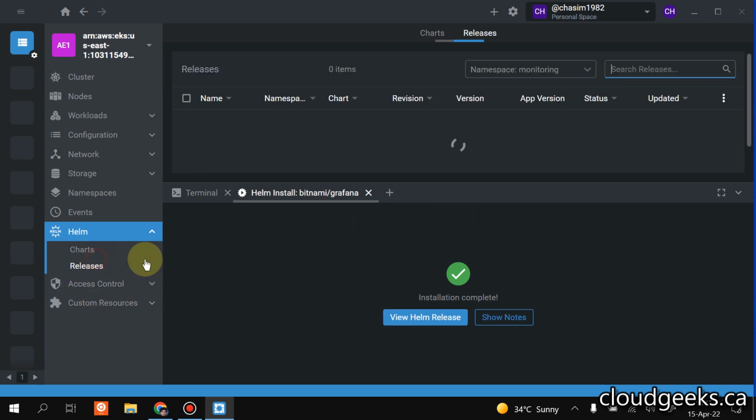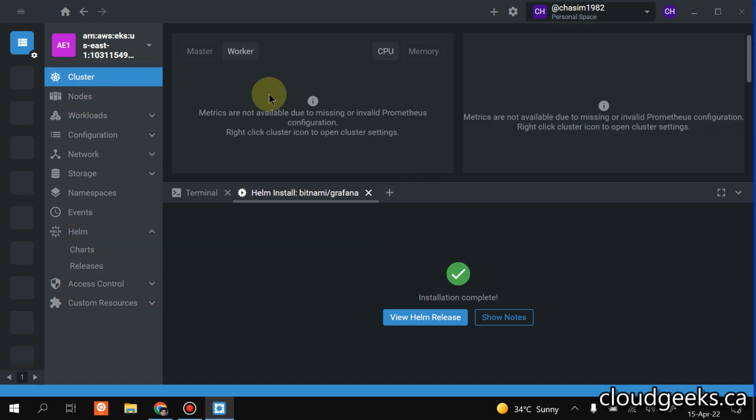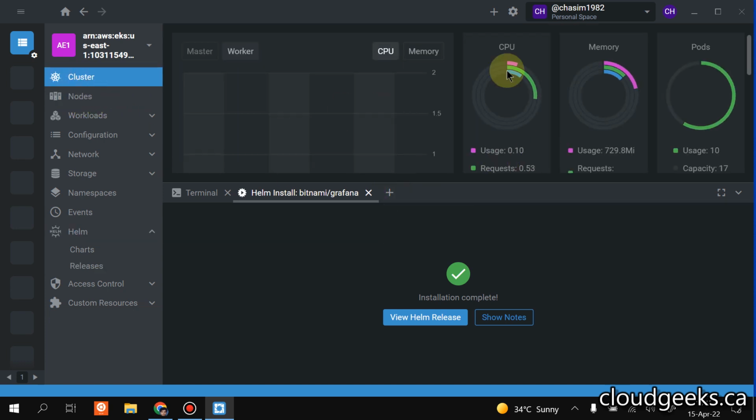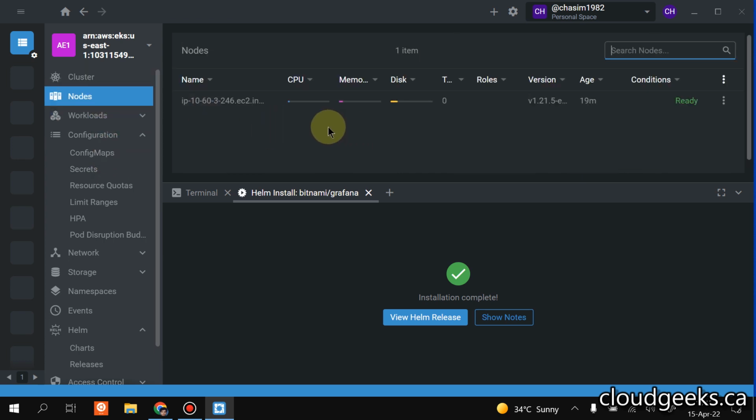So anyway, if I navigate to the release section, you see the issue I was getting with regard to the network. So both are set up. So if I navigate to the cluster section, you will see in a while that these metrics are now available. What is the CPU memory usage of your pods? How many pods are running? So if I navigate to the configuration section, first of all, let me show you the nodes as well, and also